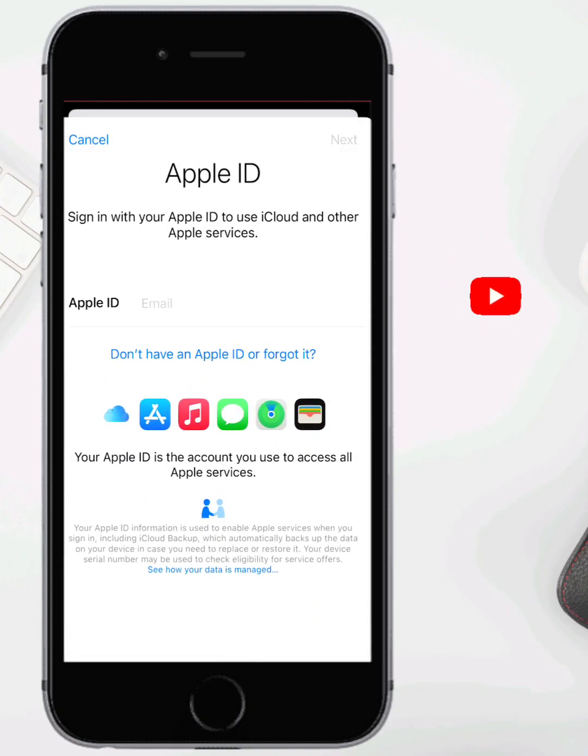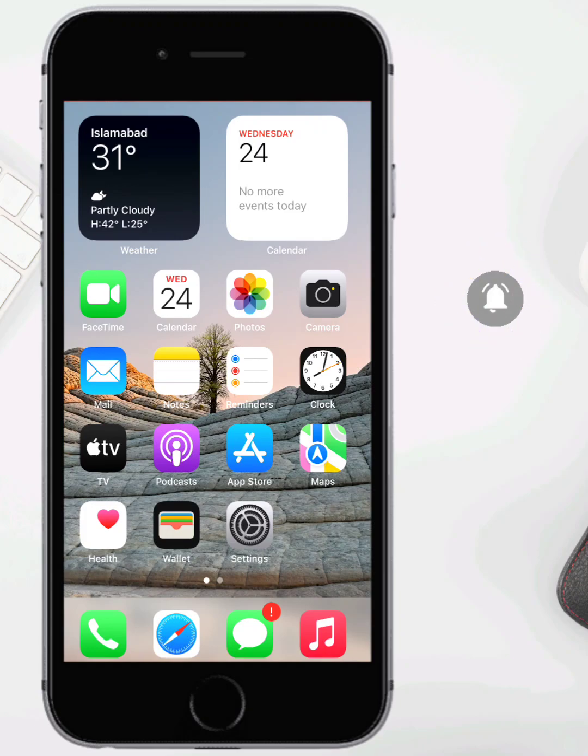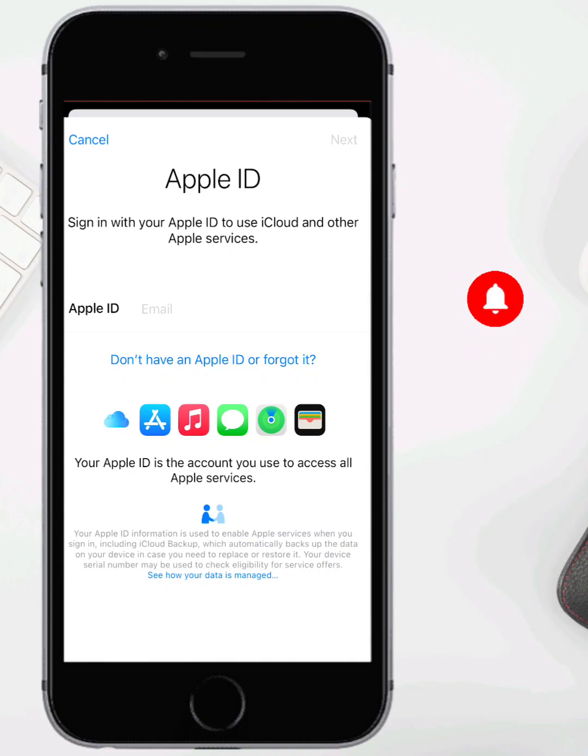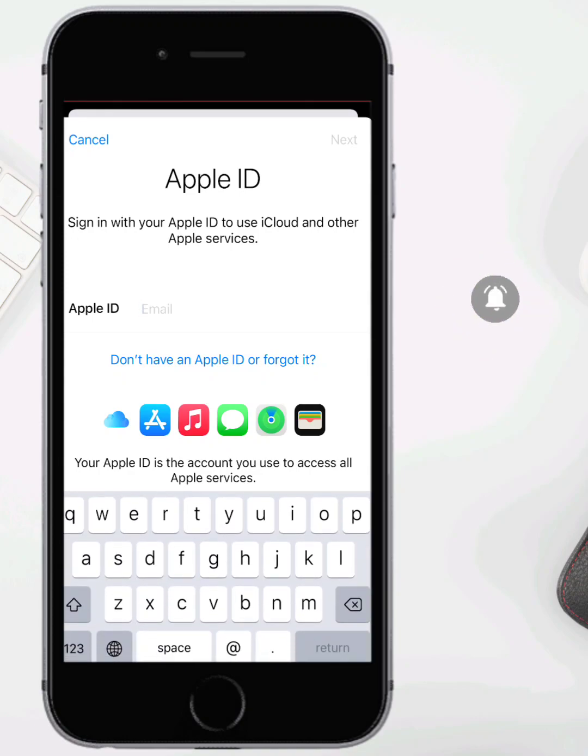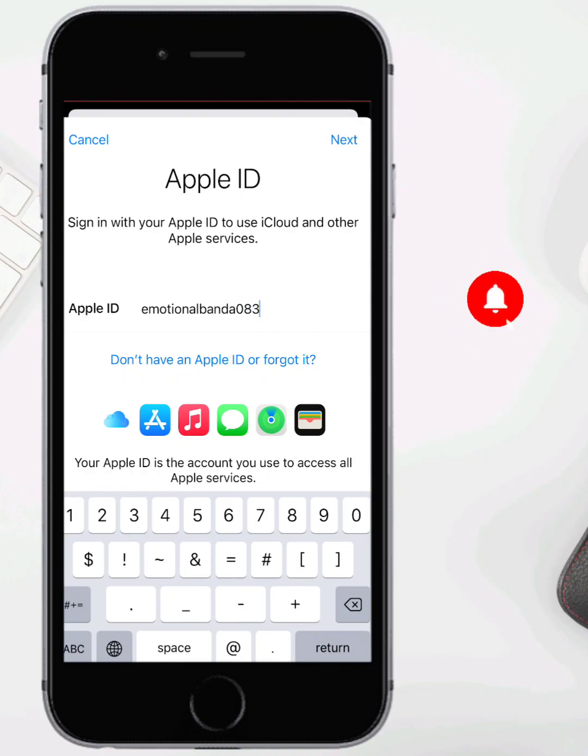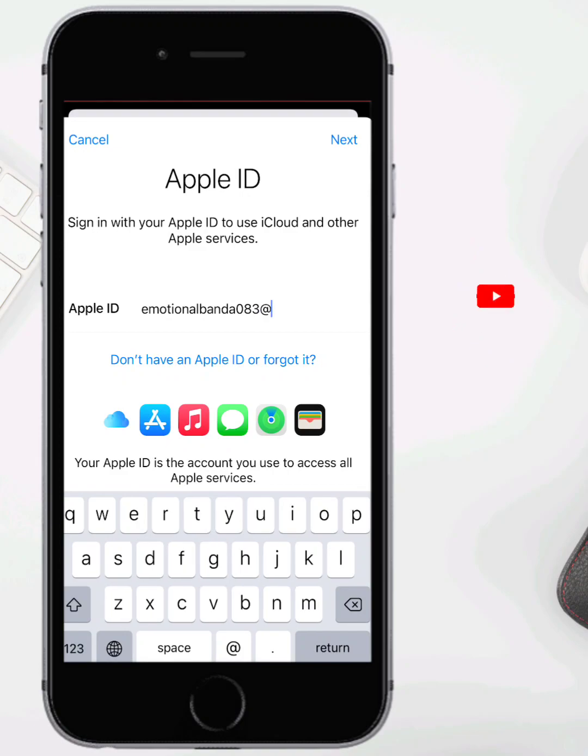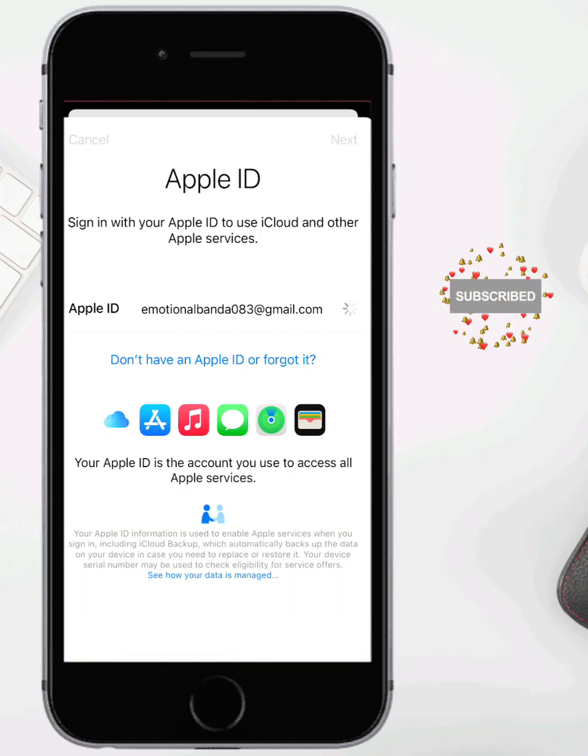So what you have to do is simply grab the iPhone of your friend and create an Apple ID on that device. After that, you have to sign out of that Apple ID and log in with that Apple ID here. So here you have to provide the email with which you created that Apple ID, and after providing the email address, you have to provide the password